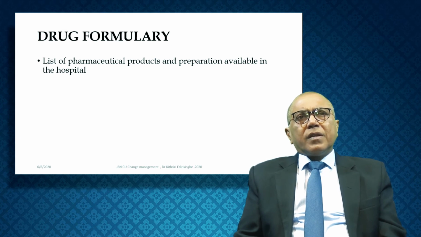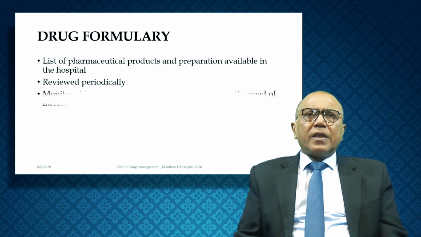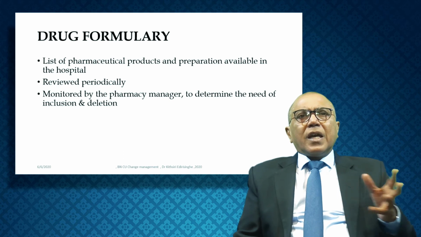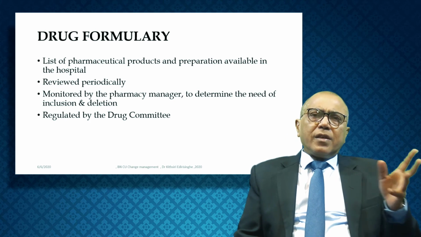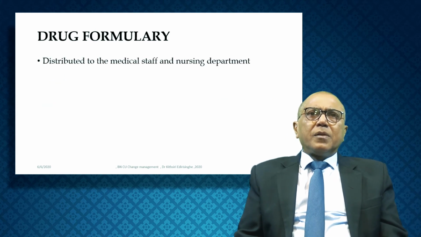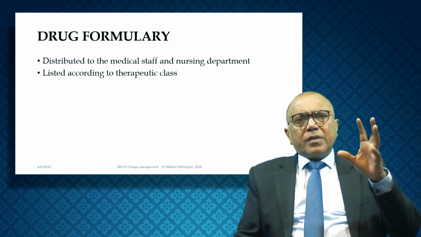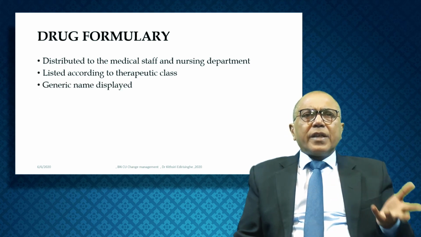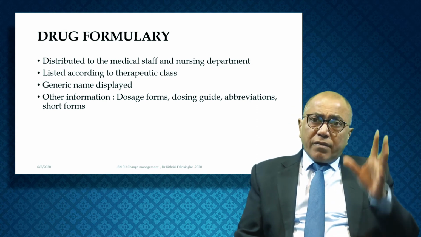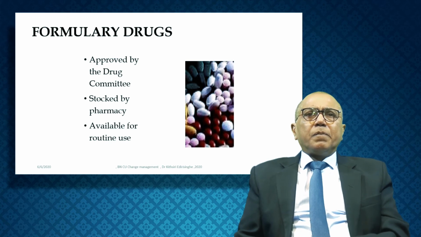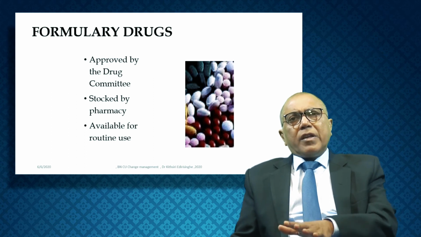What we do is we have a list of pharmaceutical drugs in a formulary. It's reviewed periodically, annually, and monitored by the pharmacy manager, and you are also part of it. So you can include new pharmaceuticals or delete previous ones. It's regulated by the drug committee and distributed to medical and nursing staff. The formulary is categorized by therapeutic class. Generic names are displayed. Dosage forms, dosage guide, abbreviations and short forms will have to be there if you are looking at it. Now, basically, the list is approved by the drug committee, stocked by the pharmacy, available for you to use,